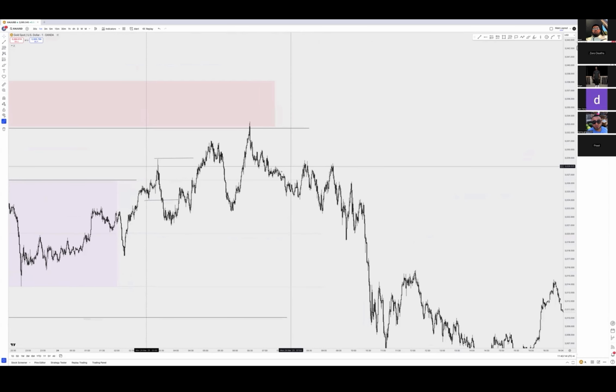All right, so basically, what I can see over here, okay, this happened right here. Okay, you got your liquidity block. Market moves lower, respects the high. Okay, moves lower, builds all this, and then moves to the upside, right?